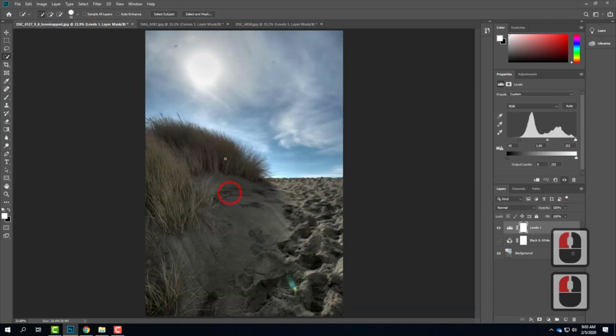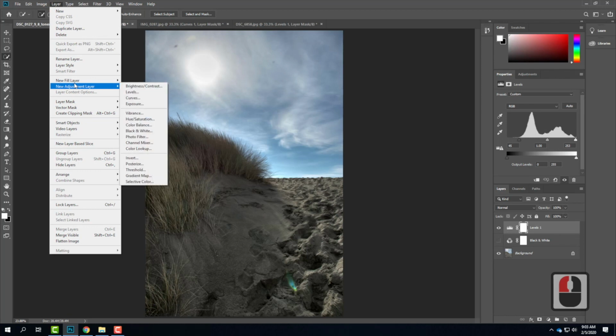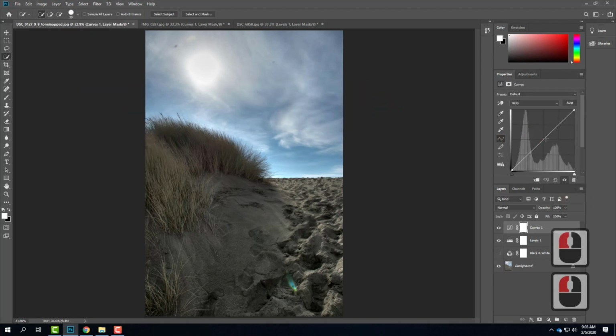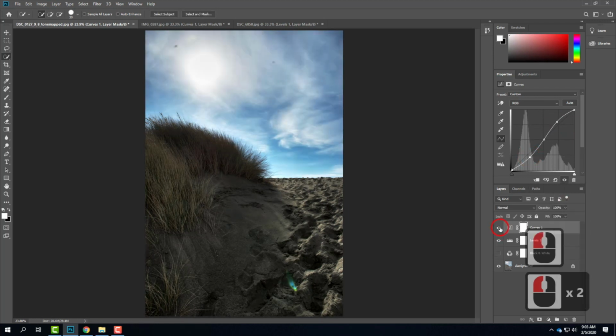Let's do it again for one of these other images. So I'll go up again to my layer, new adjustment layer, and I'll go to curves. I'll go ahead and say OK. And again, here's my histogram and here's my curve. I'll peg the center, so I'll pin that right in the center. Then I'm going to pull this up just a little bit, and I'll pull this one down just a little bit like that. And once I've done that, you should be able to see a slight transformation